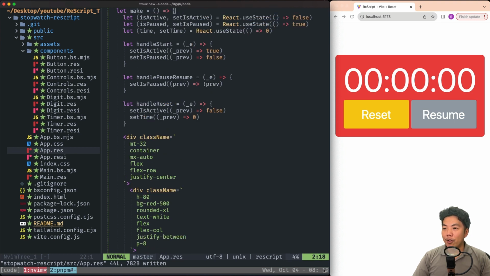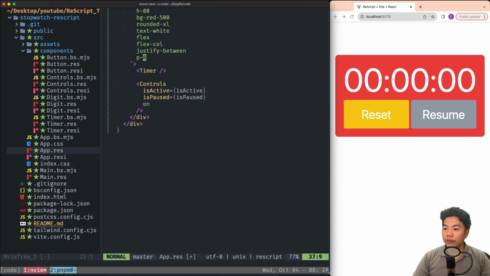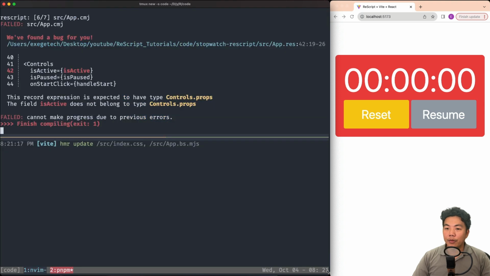We're going to pass all of these variables and these three functions into controls. Now Rescript is complaining that the field active does not belong to type controls.props. That's because we haven't edited the function signature.